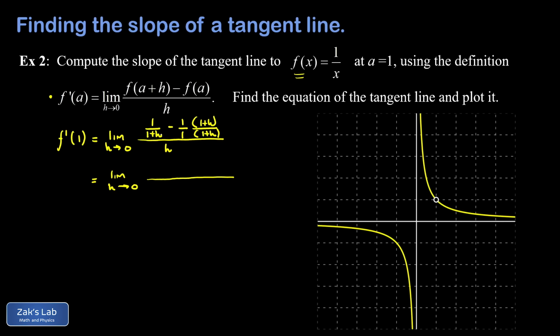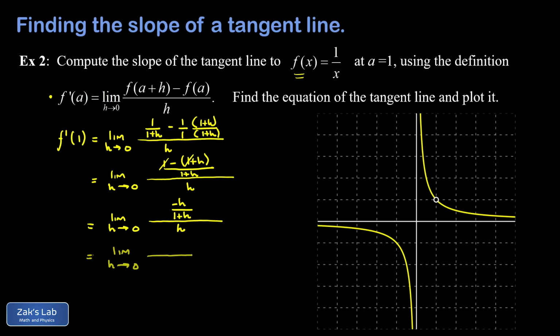So now both of those fractions in the numerator have a denominator of 1 plus h, so I can go ahead and subtract their numerators. So I end up with a 1 minus 1 times 1 plus h, or 1 minus 1 plus h, all divided by 1 plus h. And then that whole thing is divided by h. Now that numerator of our fraction in the numerator of the entire thing is going to simplify to 1 minus 1 minus h when we distribute that minus sign, and the 1's cancel out there. I end up with just a negative h up there over 1 plus h,